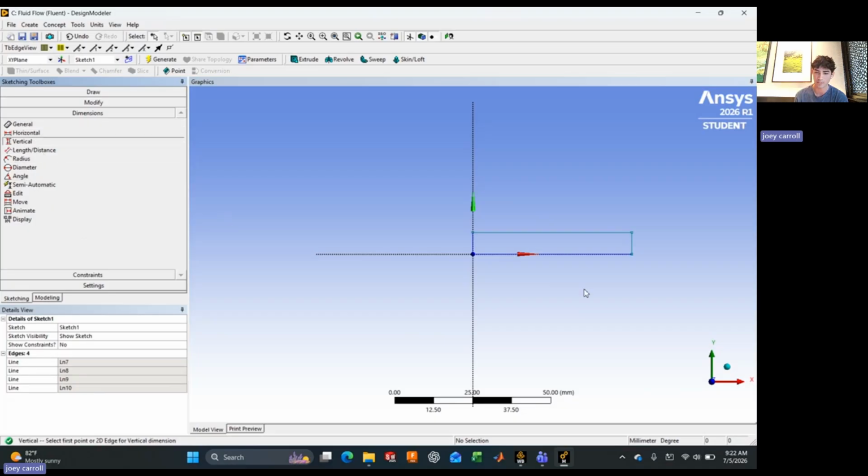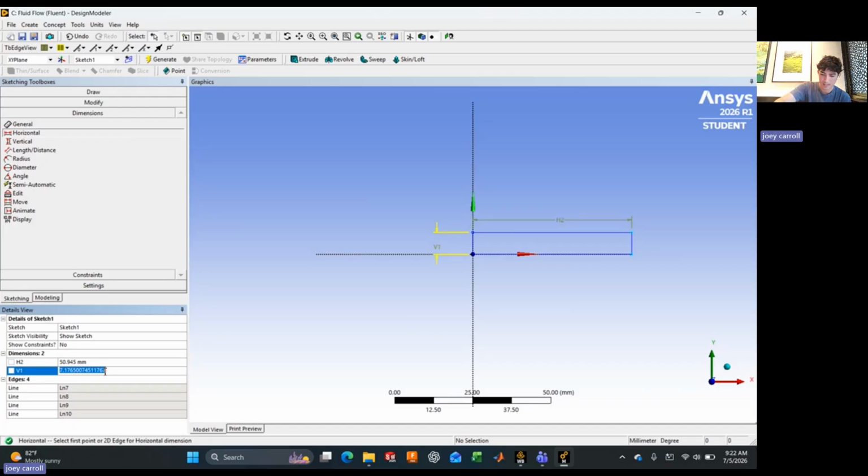So it's gonna be a vertical dimension between the top and the bottom, and a horizontal dimension between the left. Once you make those dimensions, they'll come down here. I'm gonna go ahead and do 10 millimeters by 1500. Yes, by 1500. That's just because in our project, it said that the length has to be 150 times